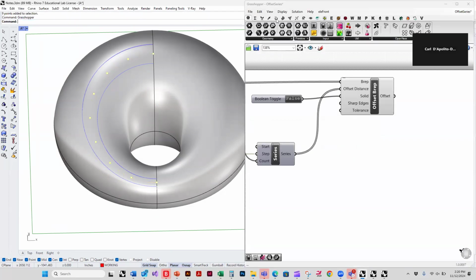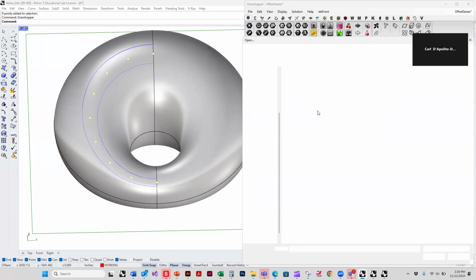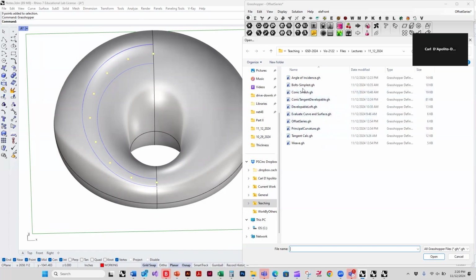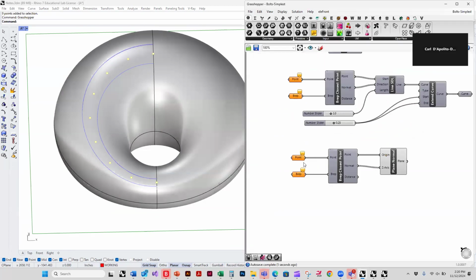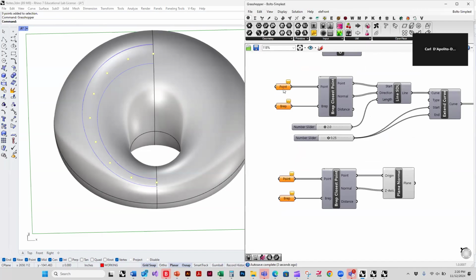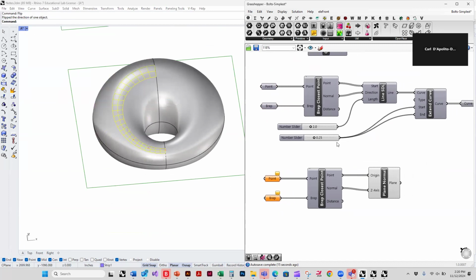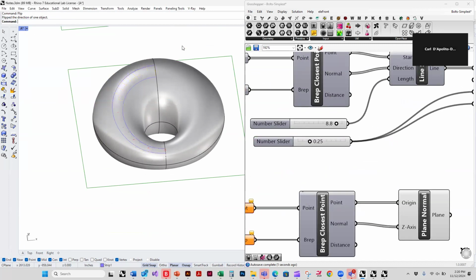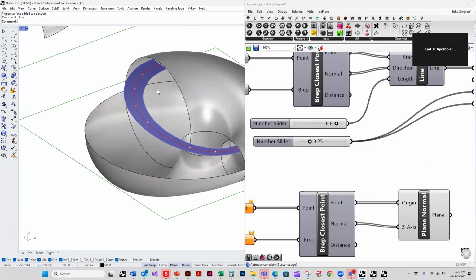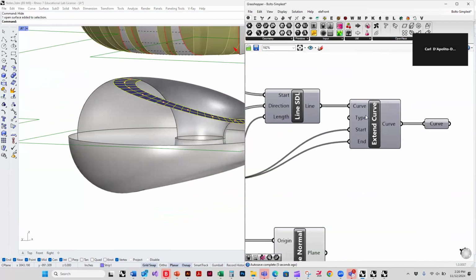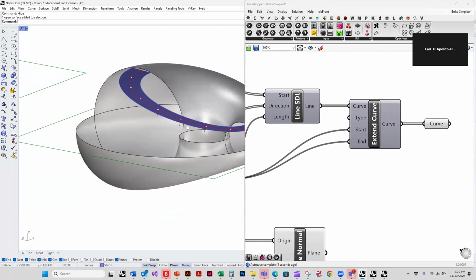Select those points. Use the very simplest conceivable bolt script. Putting those points in there. Putting the surface in there. And then essentially